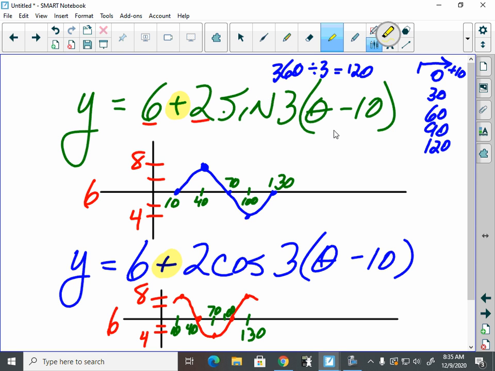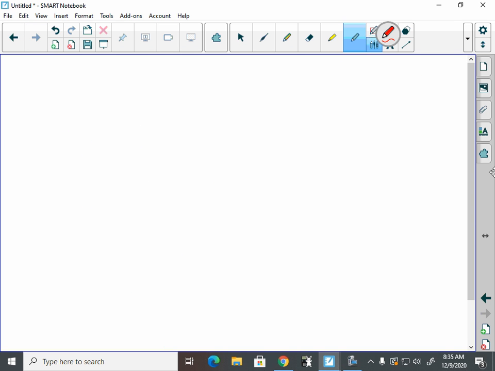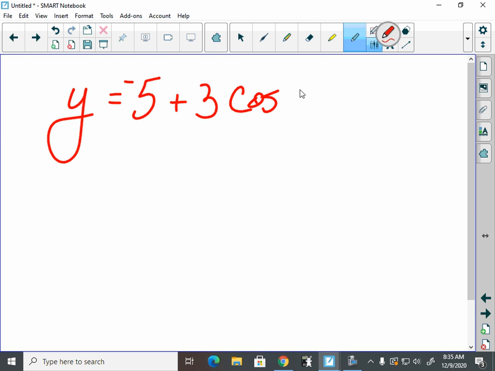And then we've always, well, not always, I think probably have had most of our problems with a minus sign here, but let's go crazy and do one with a plus, all right? And I'll do cosine because you guys seem to mess up more on cosine than sine. So let's try one more. Here we go. Let's say that it's y equals -5 plus 3 cosine 2 theta plus,